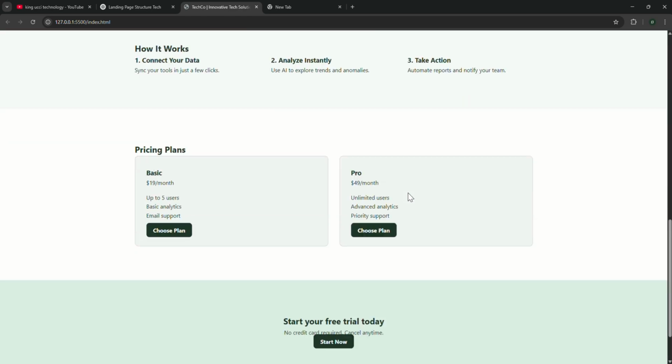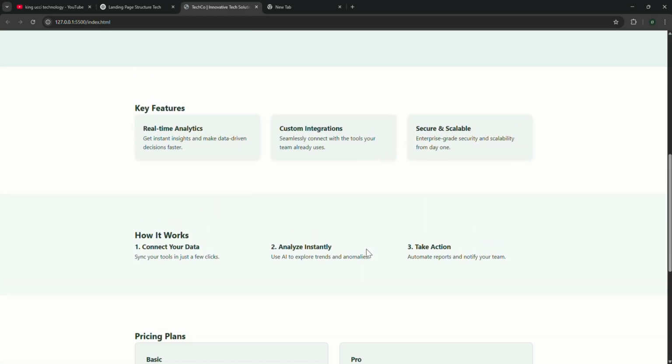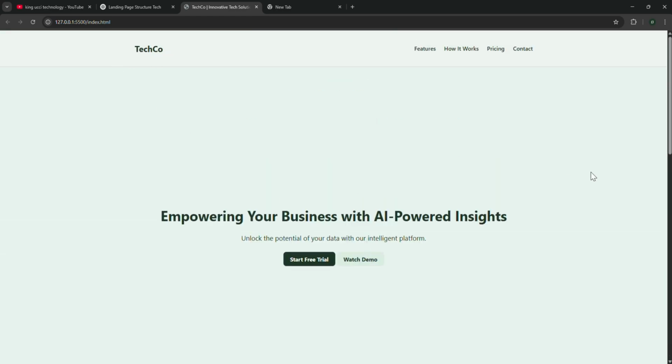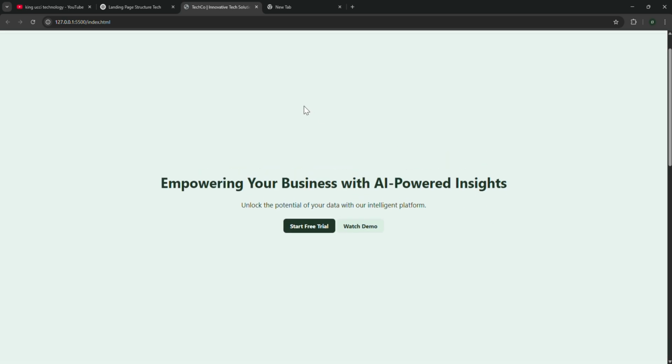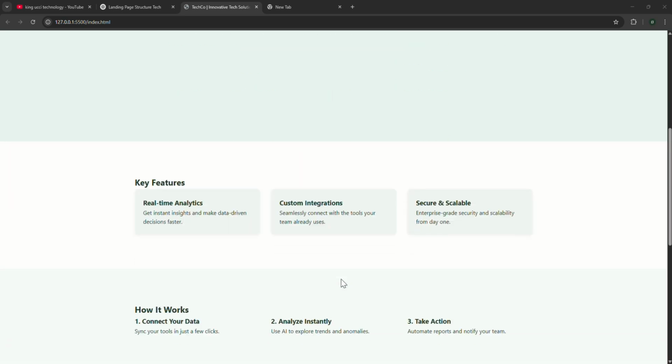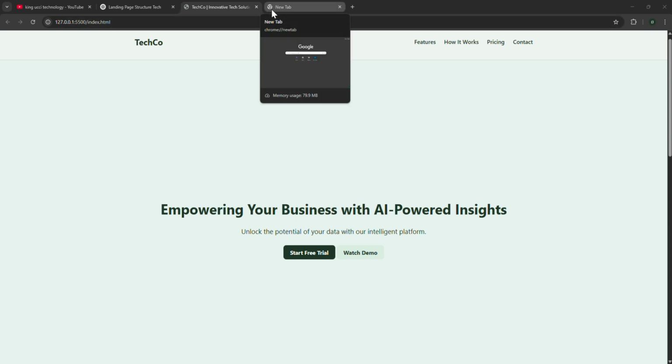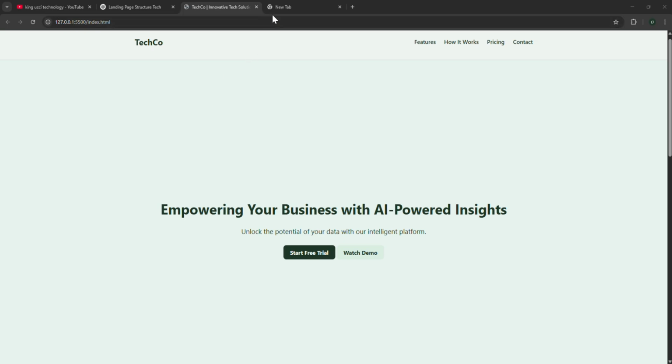So next thing I want to do is change the logo, then maybe add one image in this hero section. So yeah, let's do that now. So let's first of all add the image to the hero section. To do that, we will have to get a picture online. So I'll download my image from